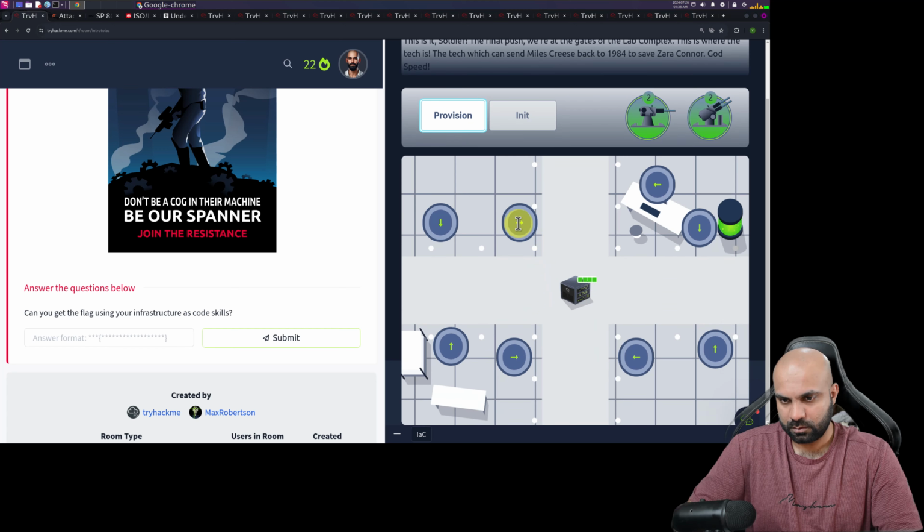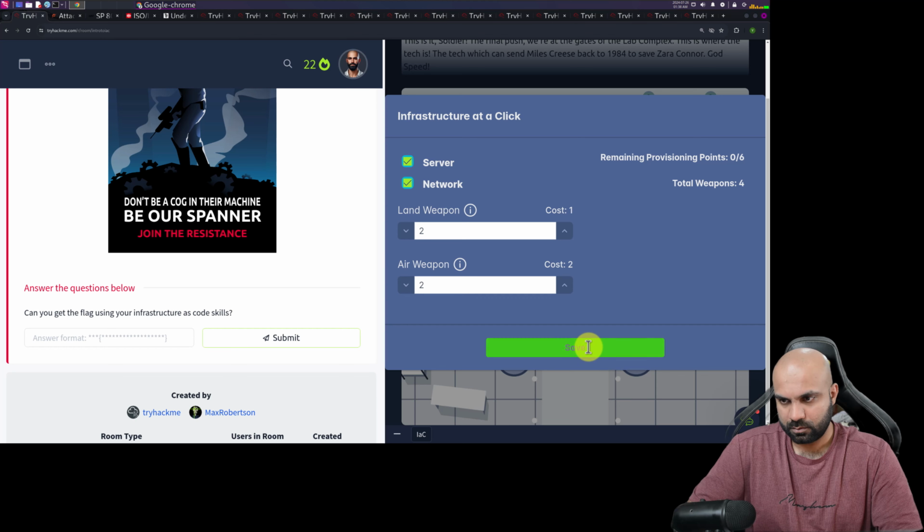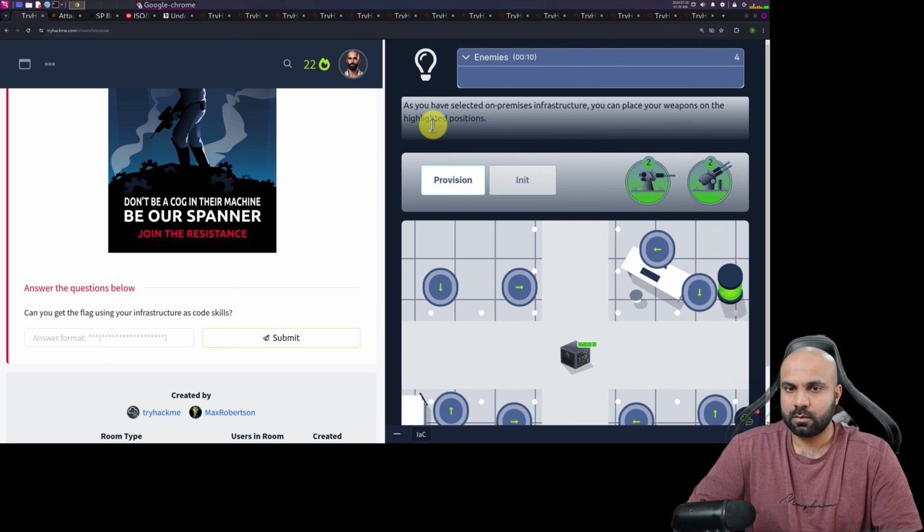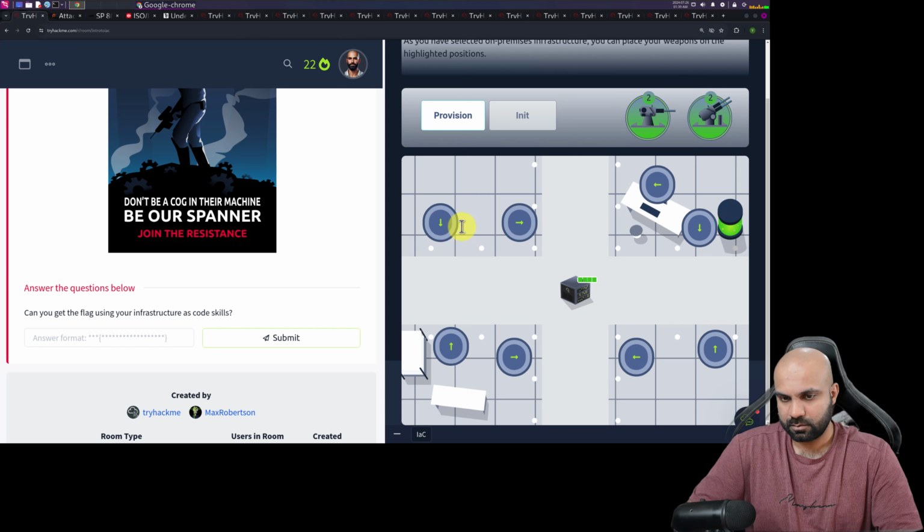All right. So select the on-premise infrastructure. You can place the weapon on the highlighted positions. Okay.